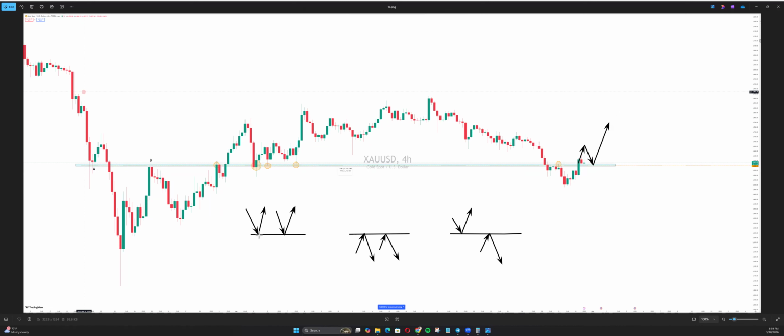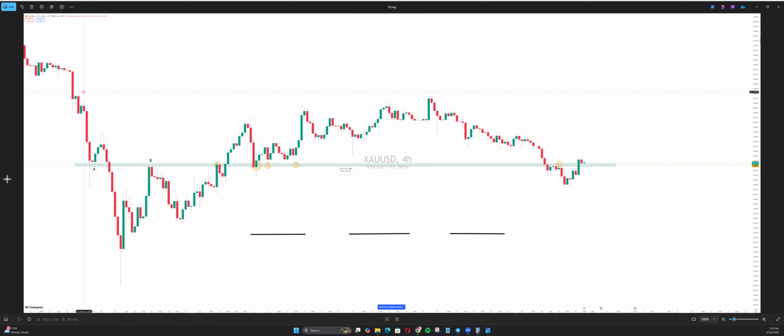So you could join the two lows, or you join the two highs, or you join one low and one high on the same level and you draw it straight ahead, and that becomes what you know as your support and resistance. So if that makes sense, please